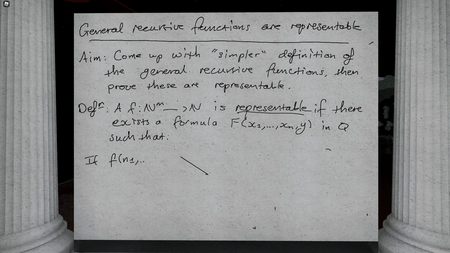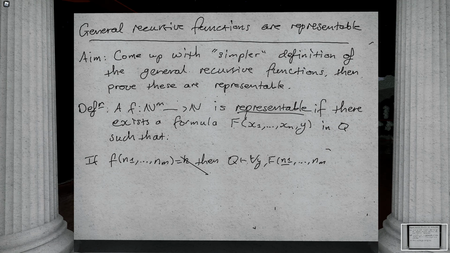If f of n1 dot dot dot nm is equal to k, then inside Q, I can prove the following formula. For all y, f of n1 underline dot dot dot nm underline y, if and only if y is equal to k underline. So just remember the notation that the underline of a natural number is the representation of that natural number inside Robinson arithmetic. So for example, 2 underline is